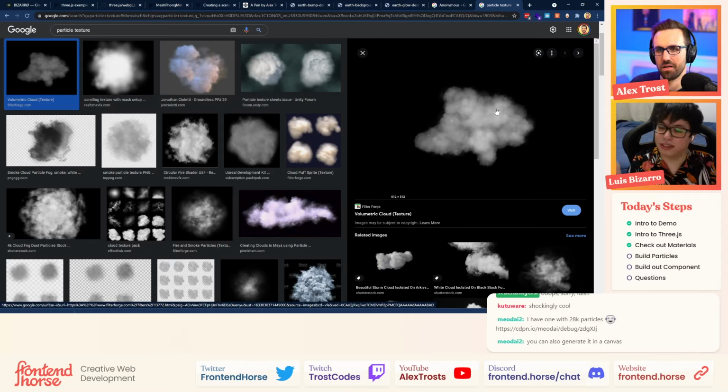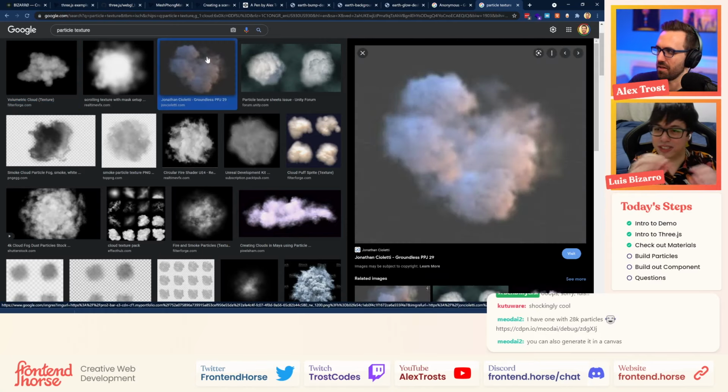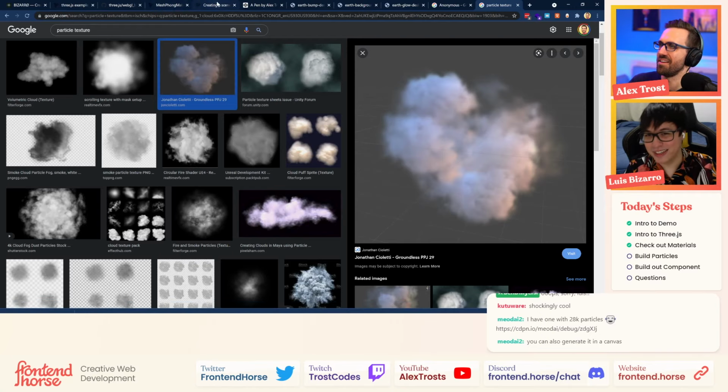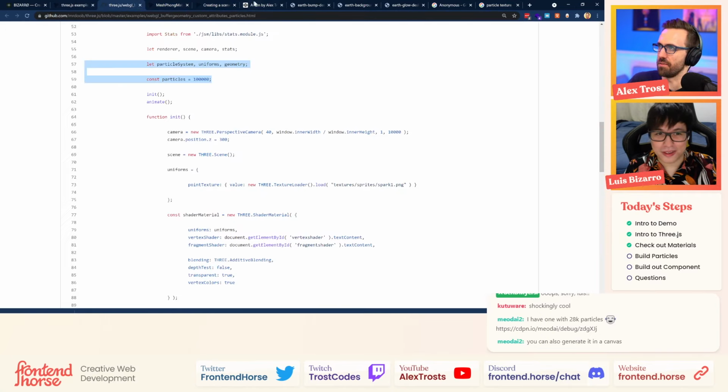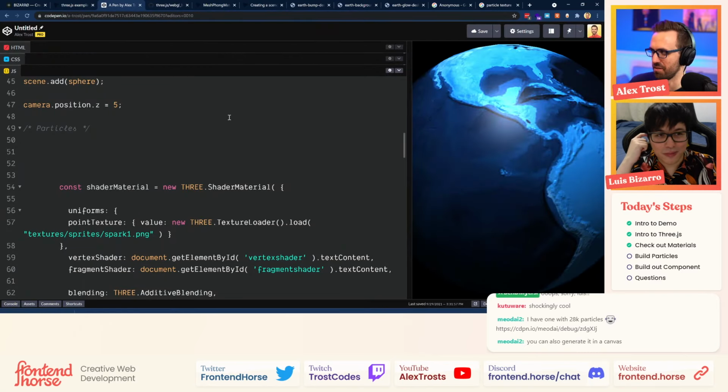You can use noise algorithms to generate different clouds. It's called Perlin noise, I think. You can use different values to generate clouds, but that's very expensive for the GPU to handle. So most of the time you want to use PNGs for these different noise functions, and you just get the values from that. Nice. I love all these tips, and finding out how the glow trick works. I'm excited to get that in there.